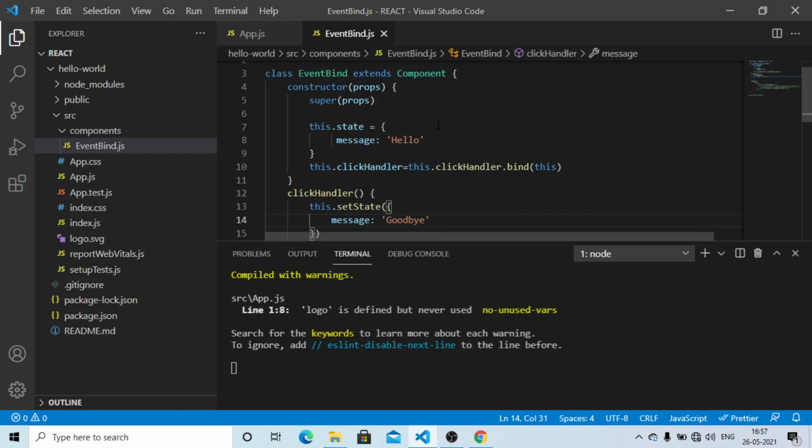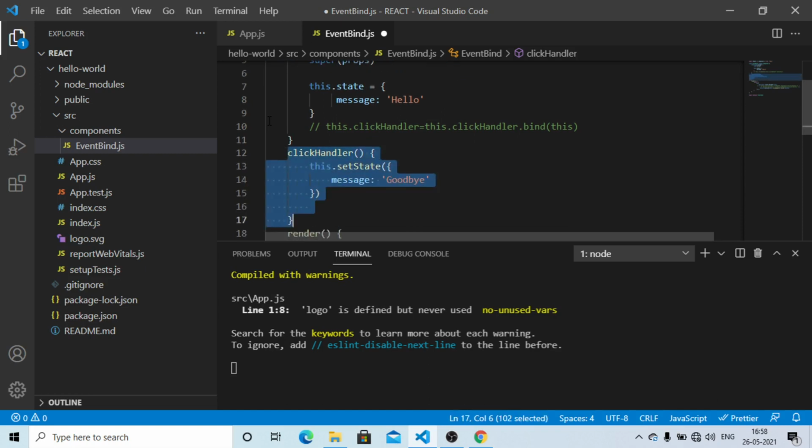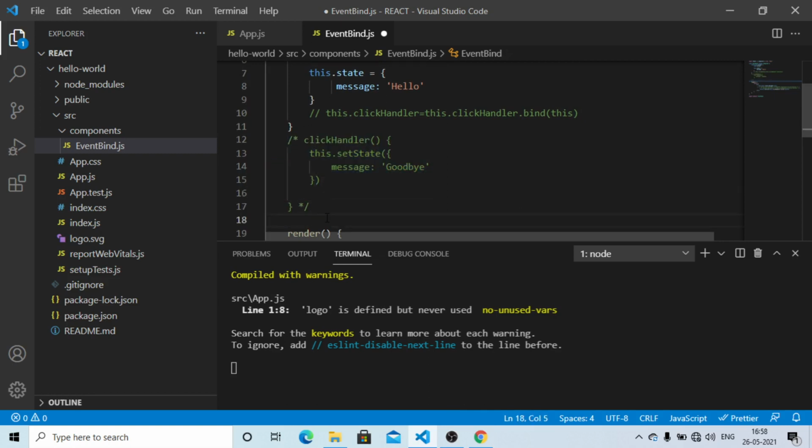Now the next method of binding event handlers is to bind the event handler as a class property. So now we would like to comment this line, and we would like to comment this click handler method also, and now we would like to specify here the class property. So the fourth and final approach is to bind the event handler as a class property.